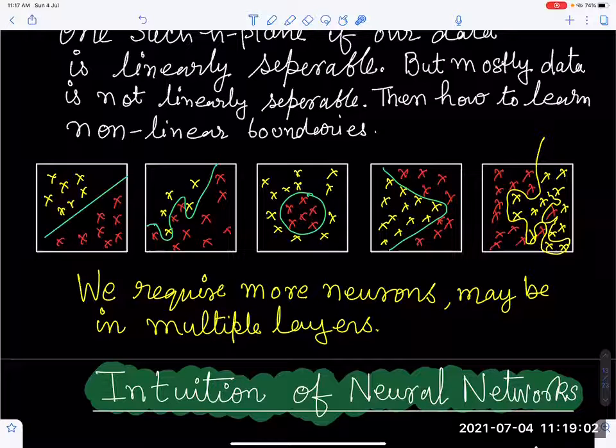Yes. So the point is that in most places, your functions are going to be completely out of order. You may even ask whether such functions even exist. And then I ask, do you have a linear function? The clear-cut answer is that most of the time you are not going to have a linear function. And if it's not linear, one neuron is not sufficient. And if one neuron is not sufficient, you require more and more neurons. That is anyway our second topic that we are going to see.